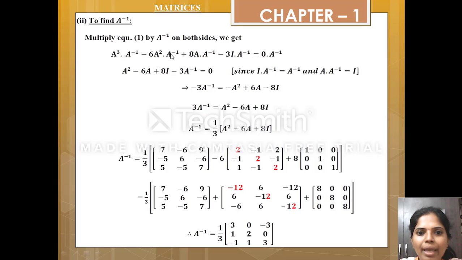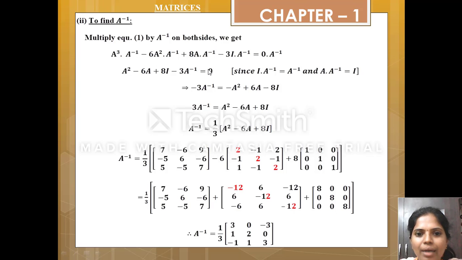So here A square. Then 2 minus 1 is 1, so A. Then A inverse times A means A power 0. Anything to the power 0 is 1, so in matrix we can write capital I, the identity. Minus I times I means 1, so 1 into A inverse gives you the same. So I into A inverse means you write A inverse, which is equal to 0, because 0 into anything is 0.